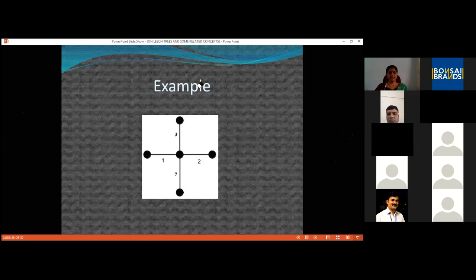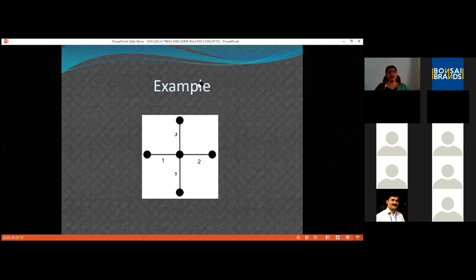Let us proceed further. 7 is an edge weight. 7 plus 1 is 8, 7 plus 2 gives me 9, and 7 plus 3 gives me 10. Here we have 5 vertices, that is n is 5, so NC2 is 5 into 4 by 2, which is 10. So we need pathways from 1 to 10 in which one can be repeated and one can be absent. Here you can see 3 is repeated and 6 is absent. So this is an almost leach labeling and this makes K14 an almost leach tree.